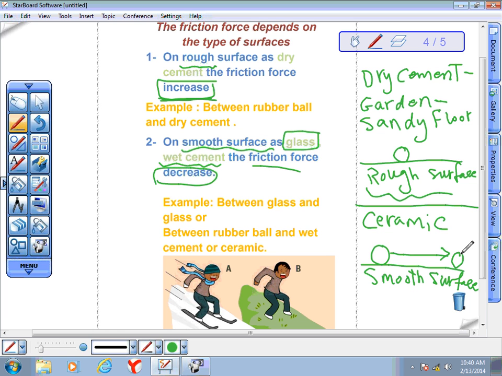This is because the friction force between the rubber ball and the smooth surface is decreased. And these are examples of smooth surfaces like between glass and glass, or between rubber ball and wet cement or ceramic. And this picture shows that